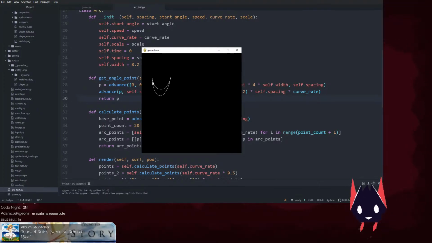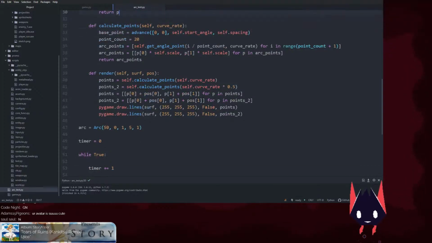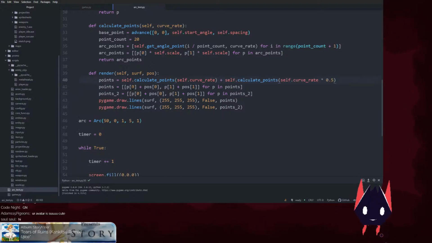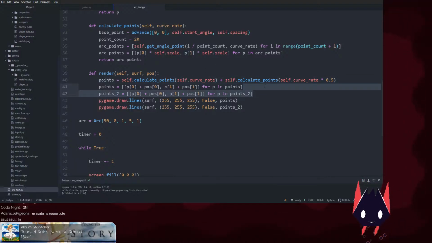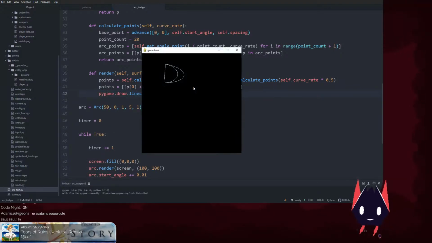And you can see it's the full arc. So I can actually do points equals these two. And I just do that. And now it's